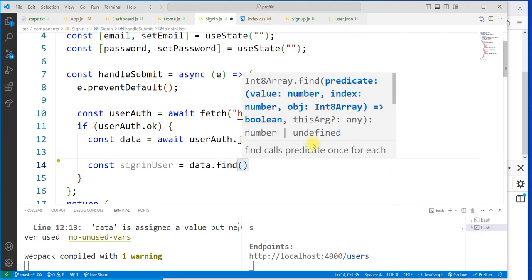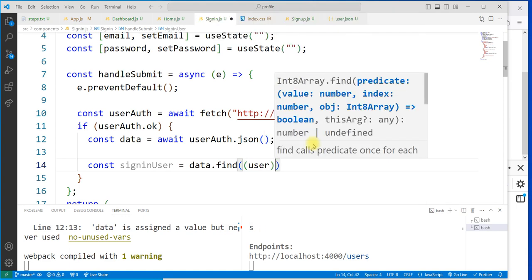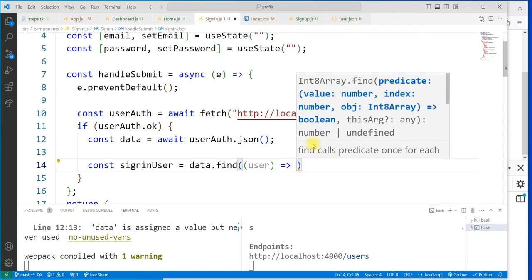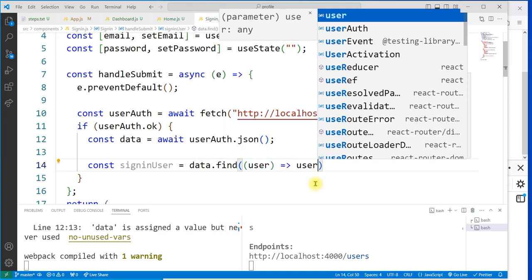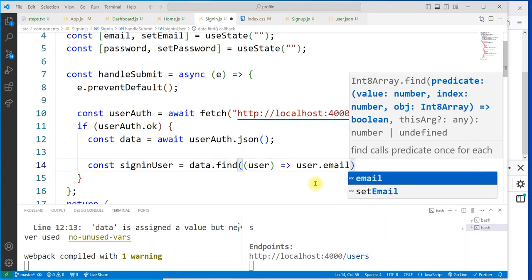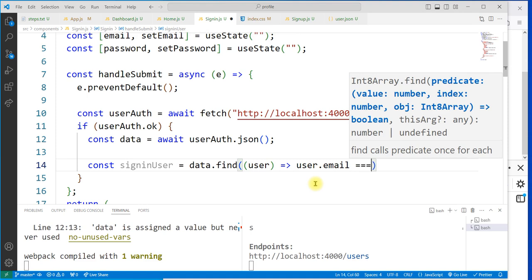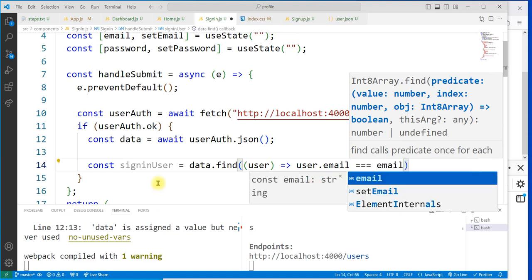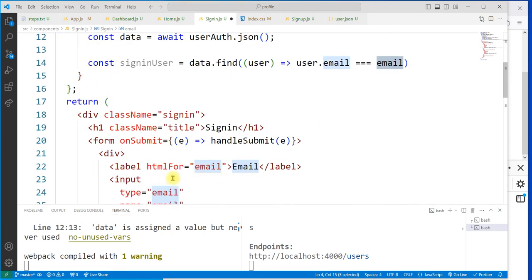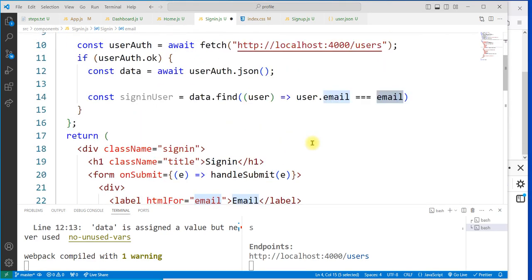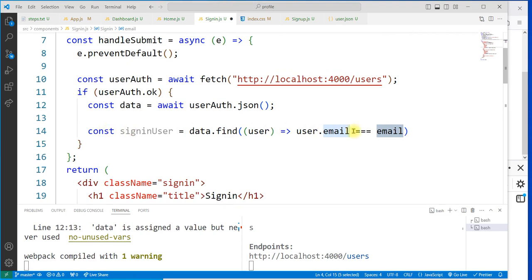We want to find a single user. So the user we want to find is going to be mapped to that user object dot email. Okay, we want to pick the email and then compare that email to the email we are passing from here, which we collected from the field where the person typed the email in. So once it retrieves that email